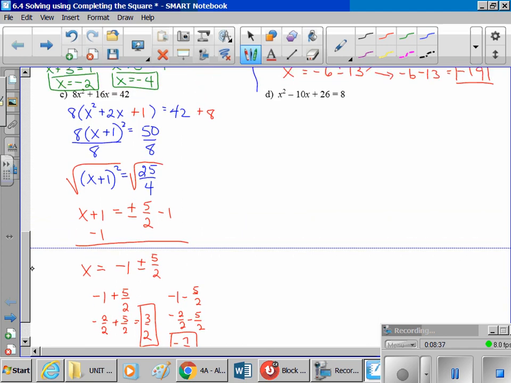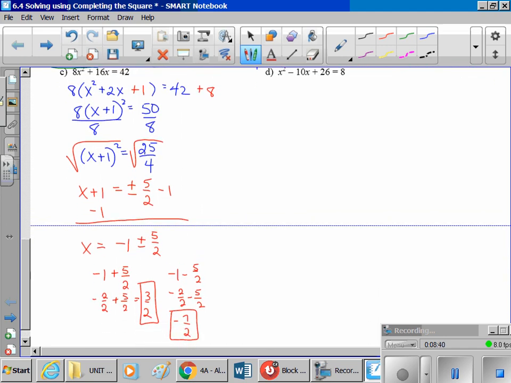Okay, moving up to D. We have x squared minus 10x plus 26 equals 8. So this one, determine where you want your constant to be, either the right or the left. If we're solving, like I said, I usually tend to like it on the left. So minus 26 from both sides, and I get x squared minus 10x is equal to negative